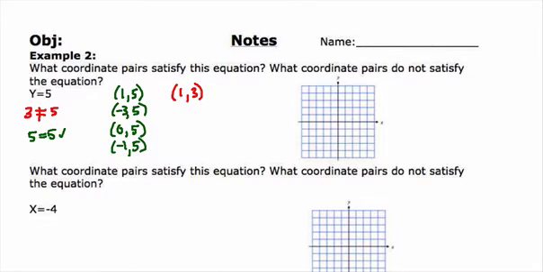What would not satisfy my equation? Well, anything that does not have a 5 for the y. So what if I had a 5 for the x? So let's say (5, 1). Well, still, there's no place to put my x. There is a place to put my y, but I would be putting in 1, which does not equal 5. What if I had (3, -5)? Well, same deal here. Negative 5